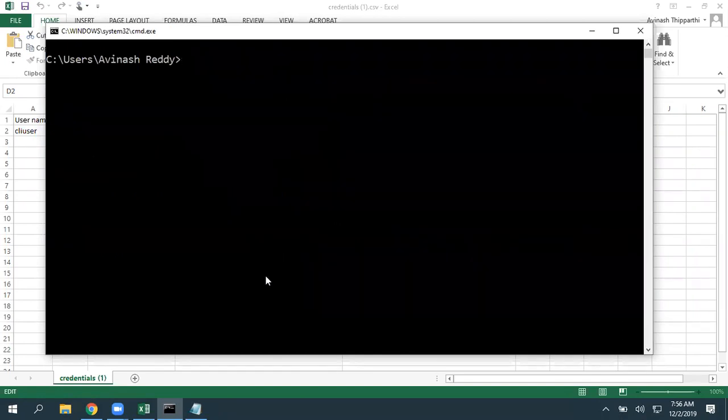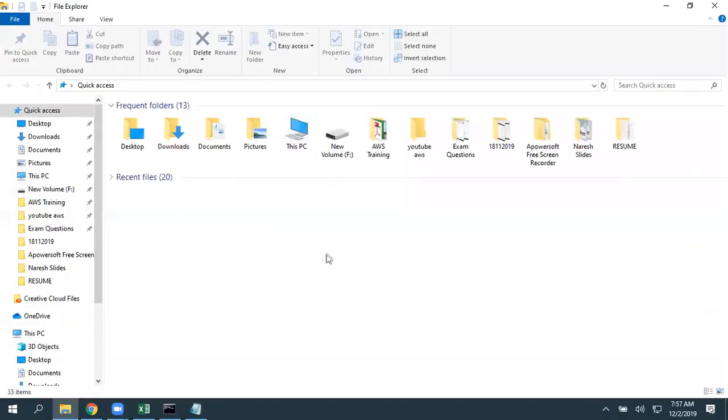Let's look into a couple more S3 commands. I want to upload one of the objects from my local machine to the AWS environment. In that case, aws s3 cp is for copy. So I want to copy one object from my local platform to an S3 bucket. So aws s3 cp, then give your local path.